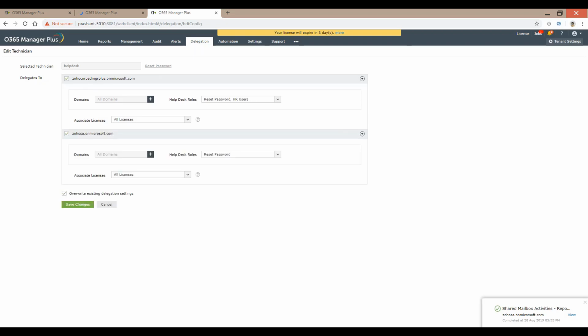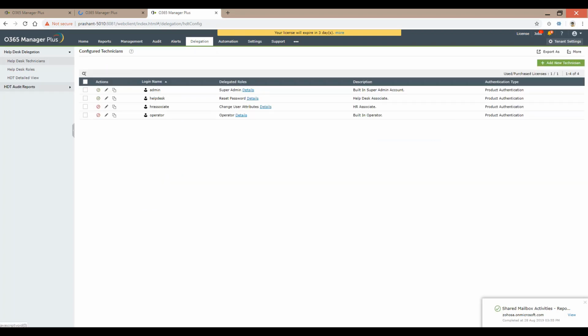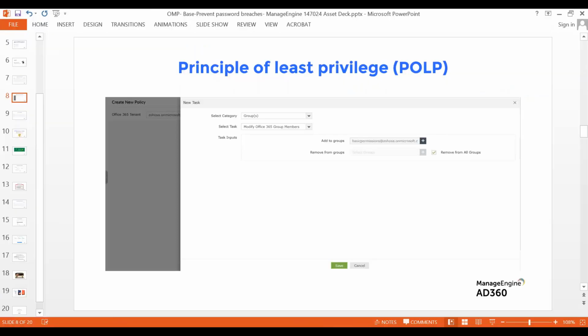So what all can I do? These are the functions that I'm able to do when it comes to delegating it granularly. And yes, the tool also lets you keep track of which users performed what tasks. Since you are talking about the principle of least privilege and managing them securely, you would want to know the complete set of activities that every technician or user performed with the tool. That is again available for use. So principle of least privilege done right in both ways.